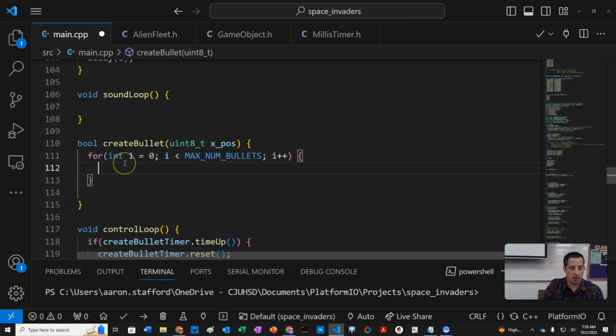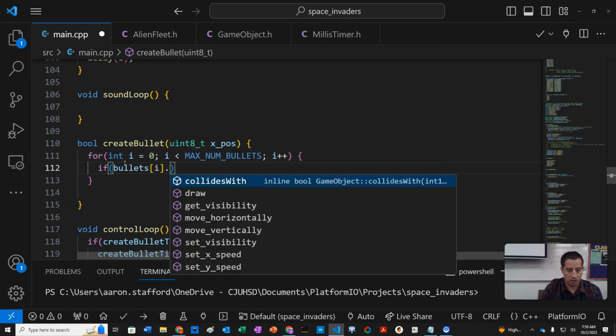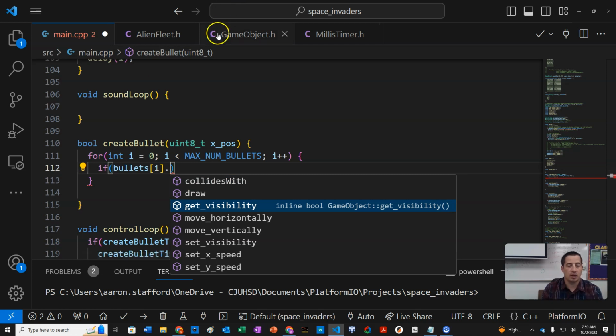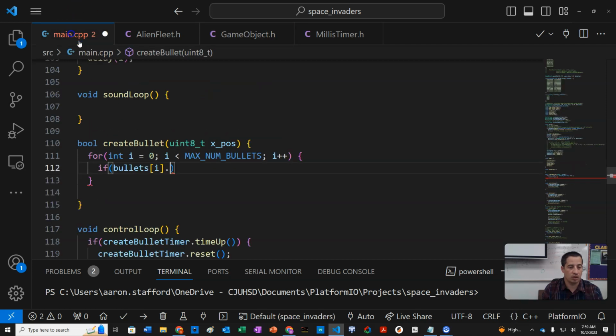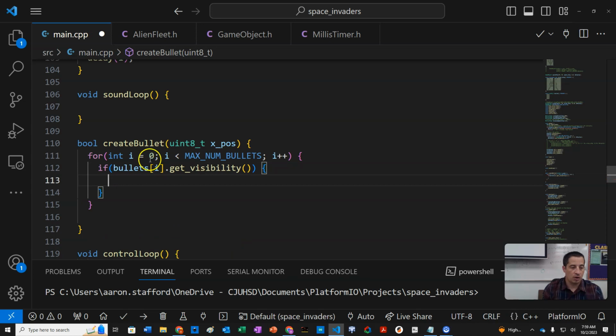Okay? And then we're going to say if bullets[i] to get our current bullet dot, let's make it is visible. I'm already using is visible. Yeah, let's just get dot get visibility. So if it's visible, or if it's not visible, that means we're not using it. If it's not visible, then what we're going to do is we're going to say